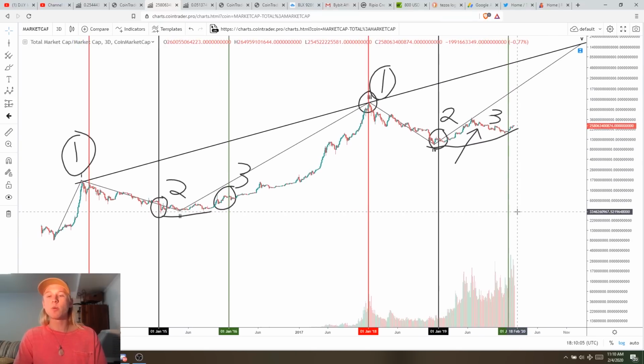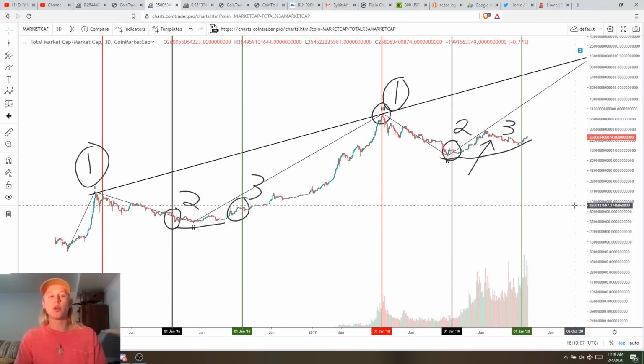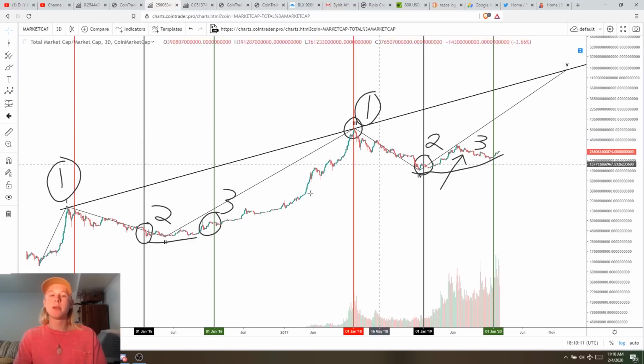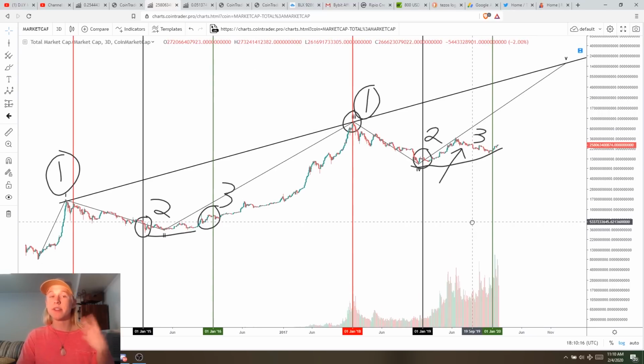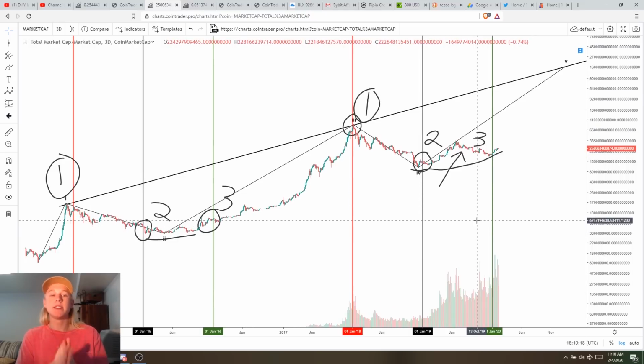And so I think that we're going to continue to see that the way that this cycle plays out. It still might ride a consistent uptrend, but that uptrend might be much higher and more parabolic than this one was. And so that's something that we're going to have to see. But guys, this is the analysis that I had for you. I wanted to share this with you because it's really crazy to me how identical the cycles are. And this is really how I've been trading and basing my analysis on from my own personal analysis.